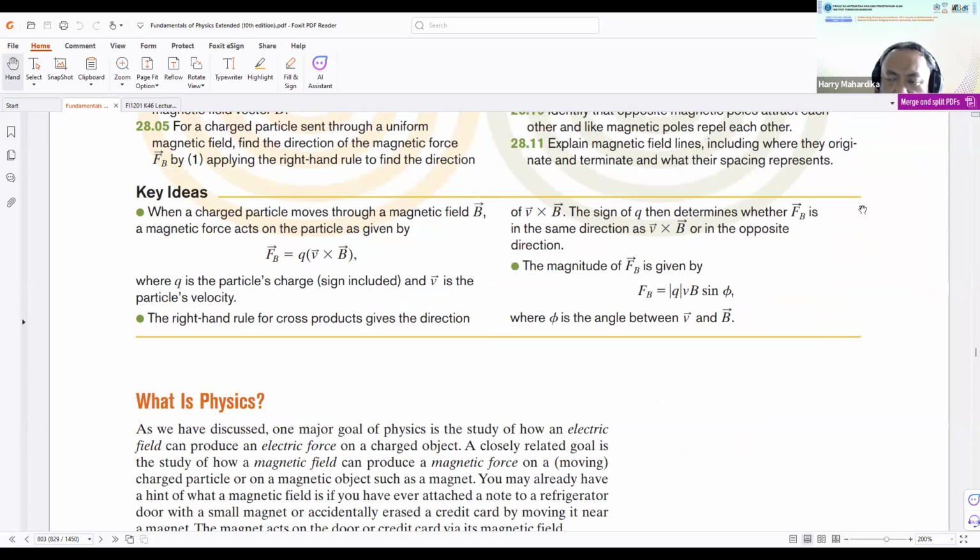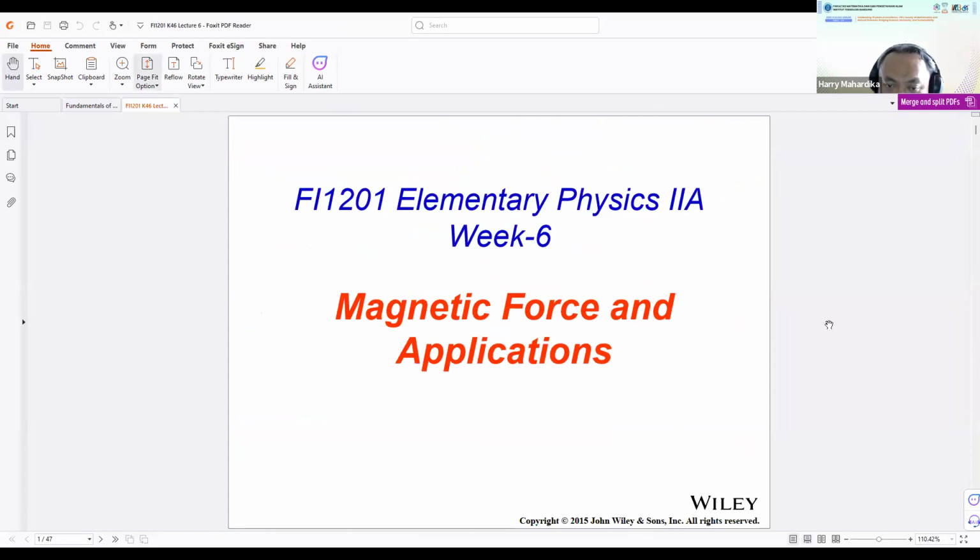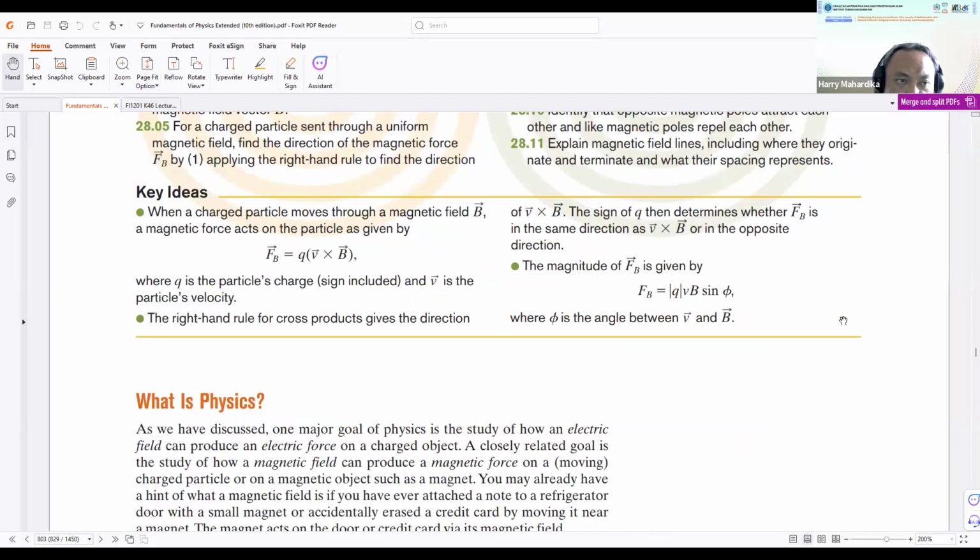Okay, so the key idea here, I'm using the textbook for today's lecture. Besides, I also prepared slides related to today's topic, but I just want to deal more with the textbook because the information about the matter is present here basically. And the key idea of today's lecture is about when a charged particle moves through a